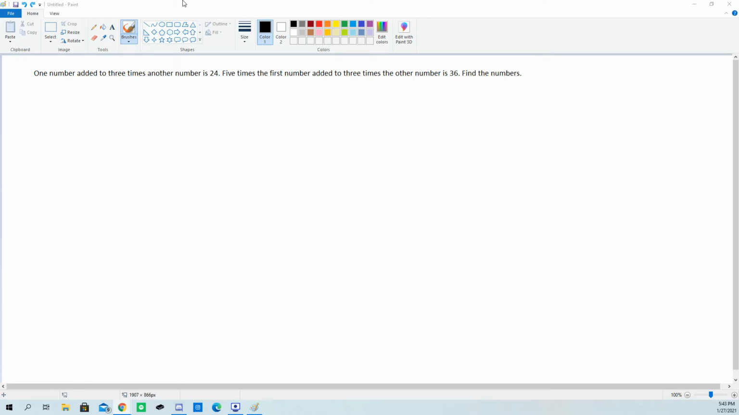So one number added to 3 times another number is 24. 5 times the first number added to 3 times the other number is 36. Find the numbers. All right, so the first thing I like to do when solving systems of equations is I